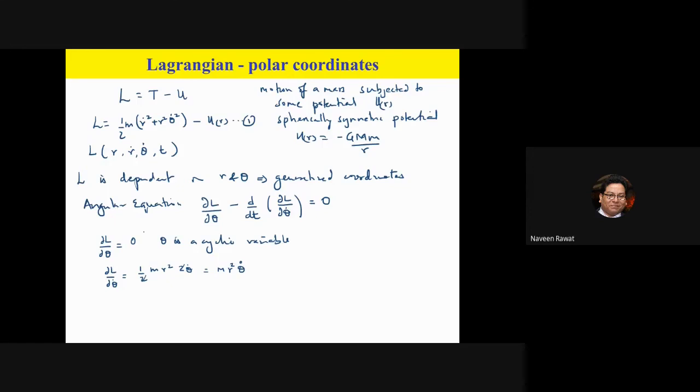Very interesting, because now you see what equation 2 is telling me. The first expression is 0 and the negative sign I can ignore. So I'm getting d by dt of dL by d theta dot, which is m r square theta dot, equal to 0. But remember, we have seen this: m r square theta dot is nothing but your angular momentum. So what this equation from the Lagrangian is telling me is that for any mass subjected to some potential, the angular momentum is always conserved.